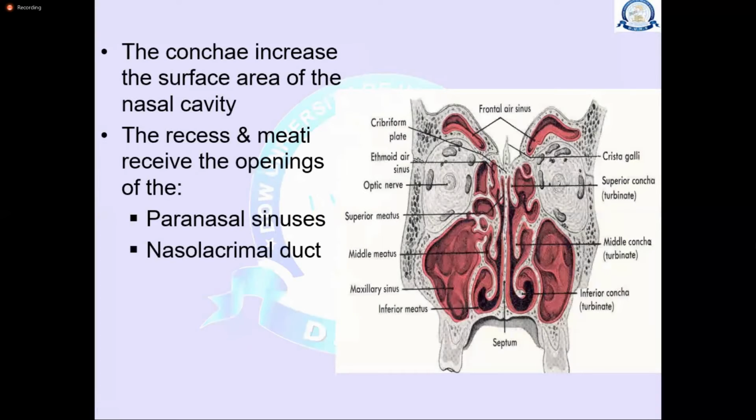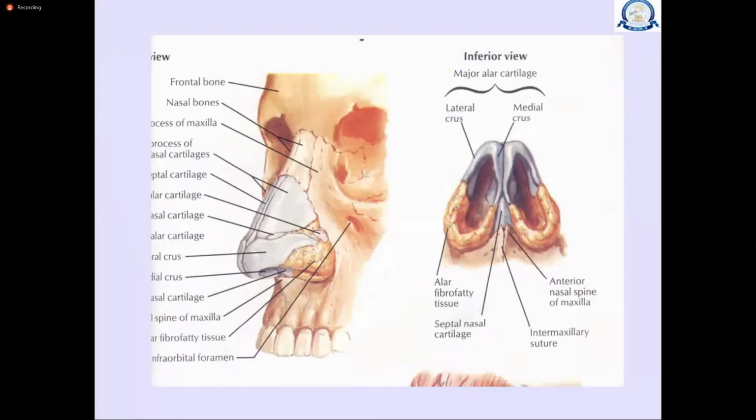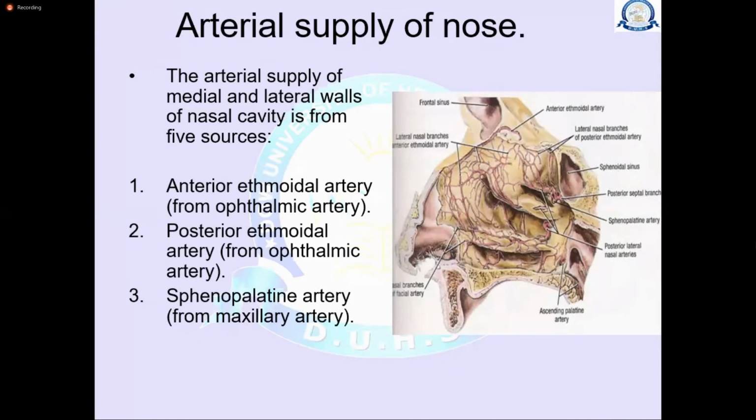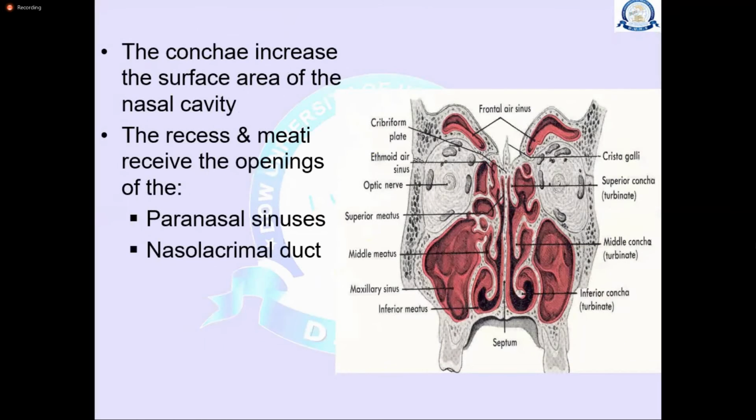The conchae increase the surface area of the nasal cavity. The recesses and the meati receive the openings of the paranasal sinuses and the nasolacrimal duct. Okay, before coming to the arterial supply,